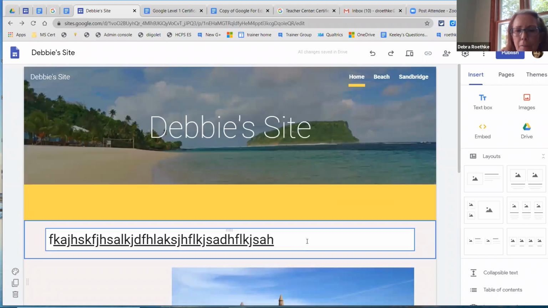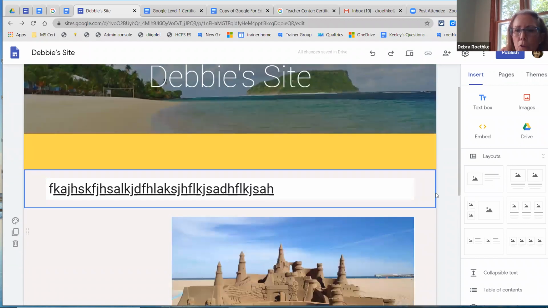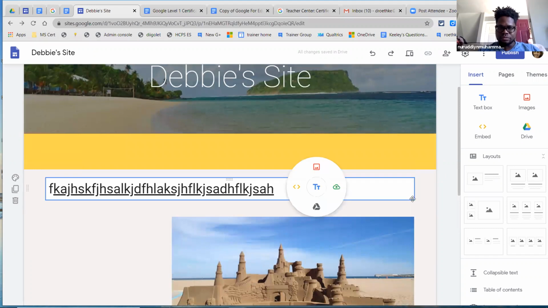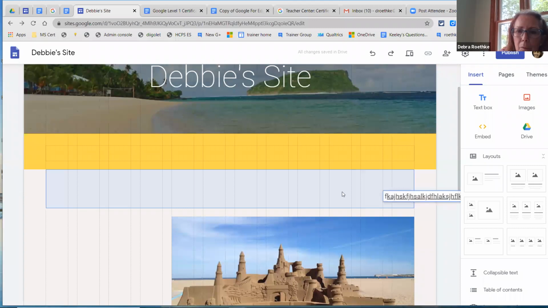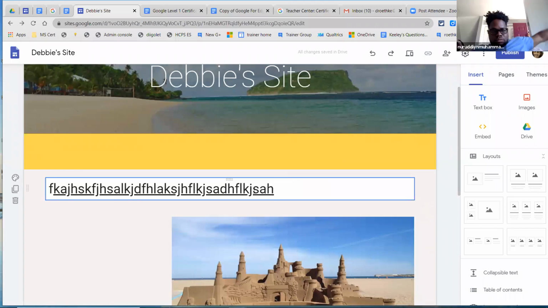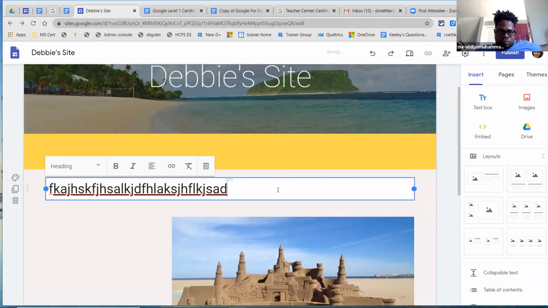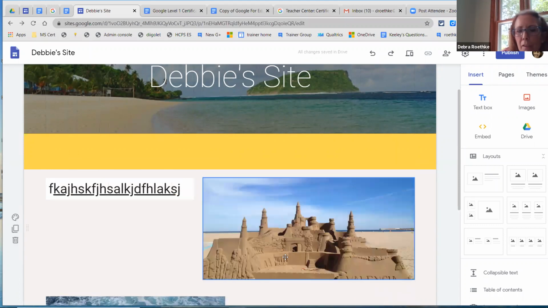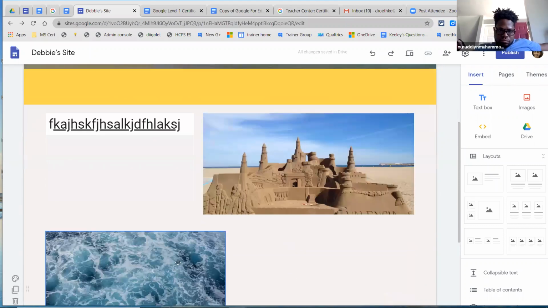I usually just keep everything separate, or you can take your text box, and this is a little more complicated than I think what they would ask you to do. You can take your text box and make it smaller, click it and drag it. Come on, text box. Which apparently is not working very well for me today. Make my text box smaller here. There we go. If I make my text box smaller, then I can drag another picture up beside it. So you can drop and drag,